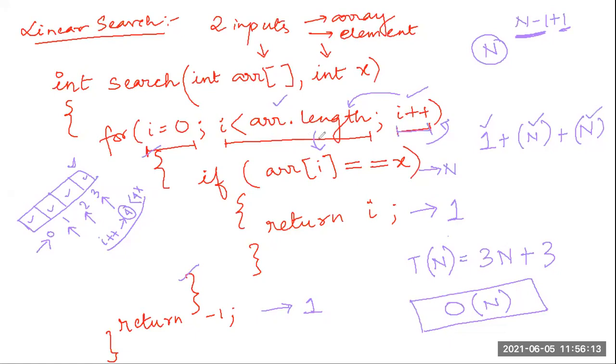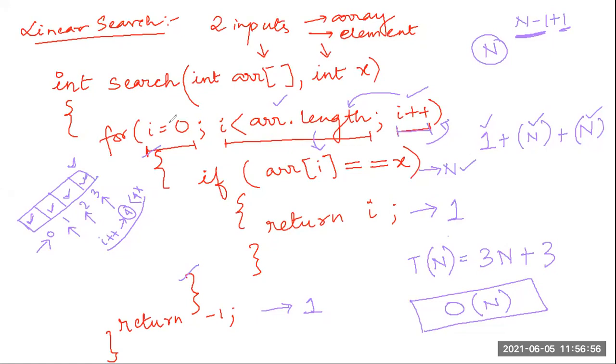Now, for each of the n elements, I had to do the checking. I had to check whether this is equal to 17, or this is 17, or this is 17. So this checking part I had to do for all n elements in my array. So this line of code will run n times, depending on the value of n I am inputting as a user. If I give 6, it will be 6. If I give 11 elements, it will be 11. If I give 20 elements, this loop will run 20 times.